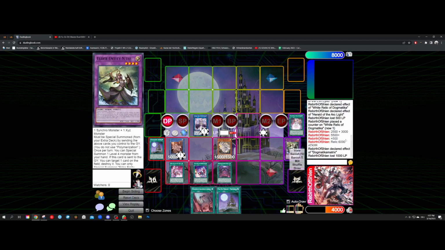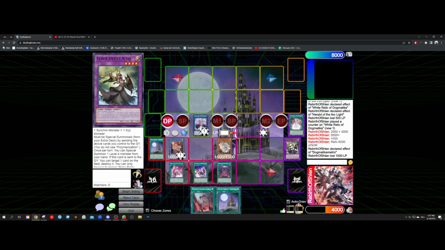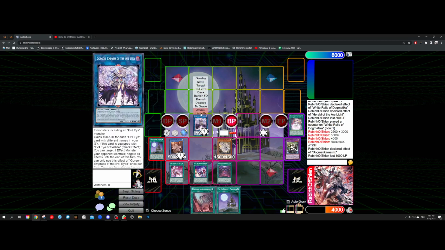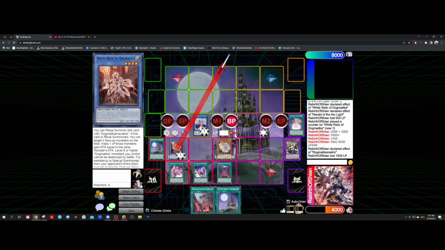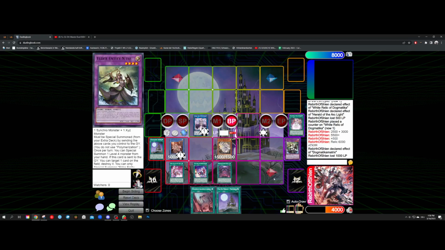So basically, we hurt ourselves to get a bajillion damage, and also Gorgon is an imperm, which is pretty decent. And it's untargetable and cannot be destroyed. So the only thing you have to know about this is you have to first attack with Gorgon, and then you attack with Relic, because Gorgon loses her attack boost if the life points of your opponent go down. That is the main spice of the deck,